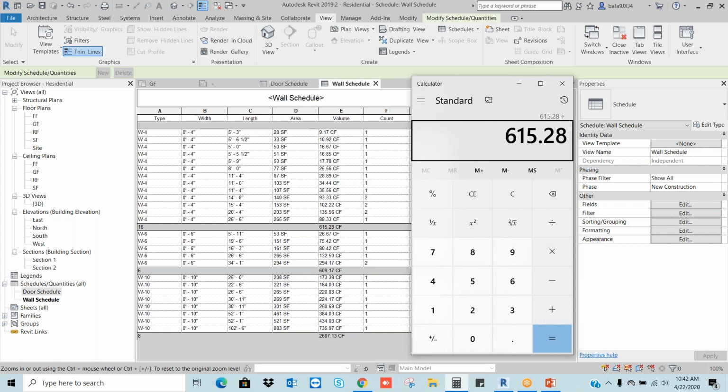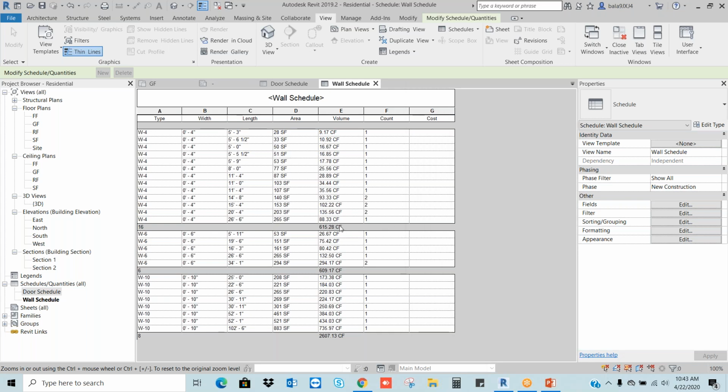This is cubic feet, right? CF means cubic feet. We will divide by the volume of one brick, then we will get the number of bricks. In this way, we will calculate. Okay. So this is the bill of quantities.